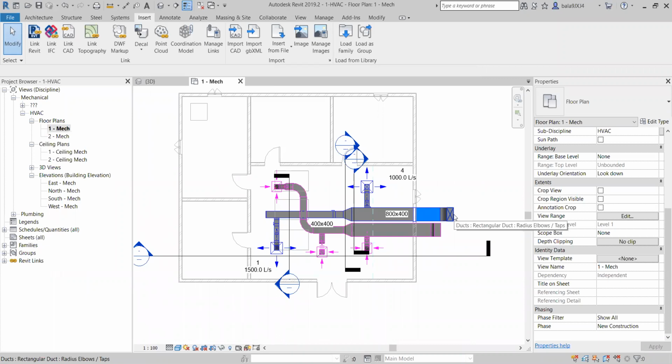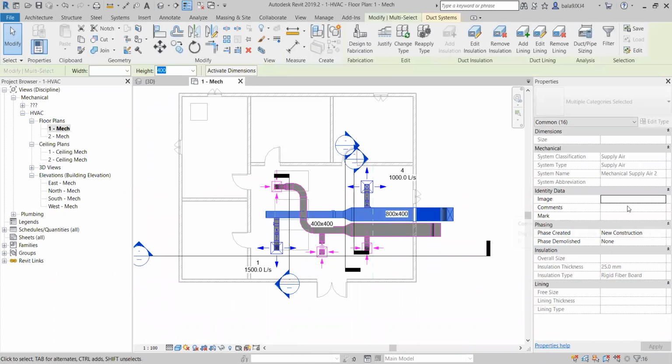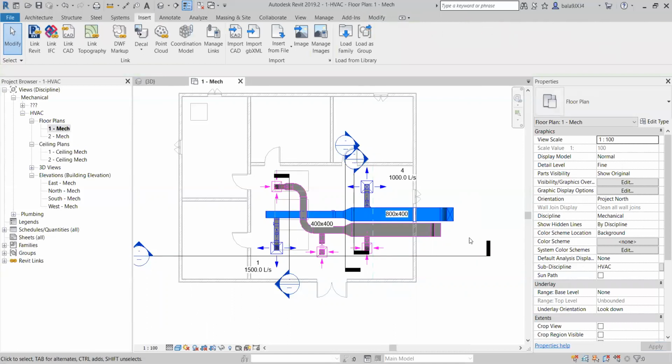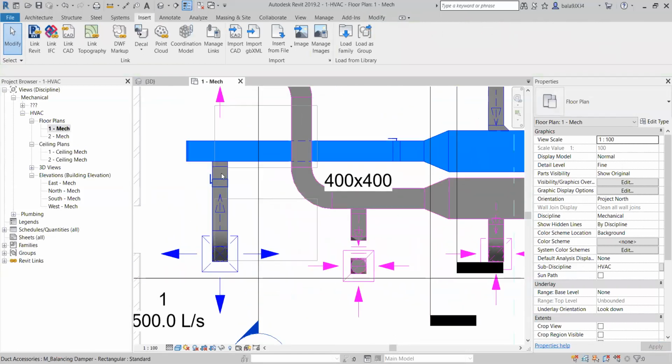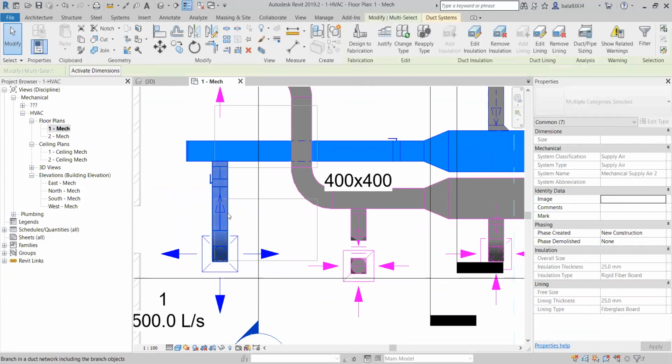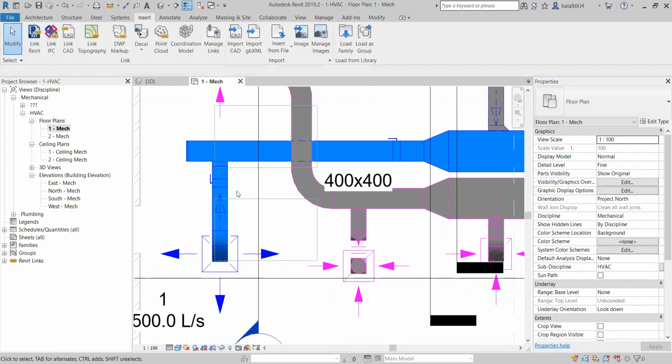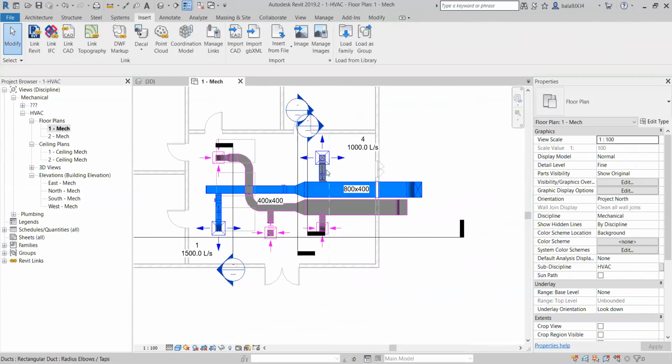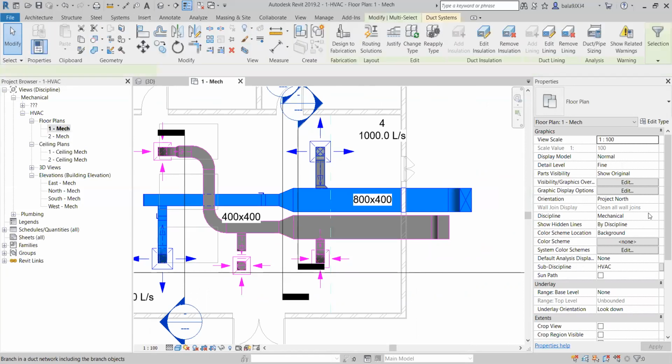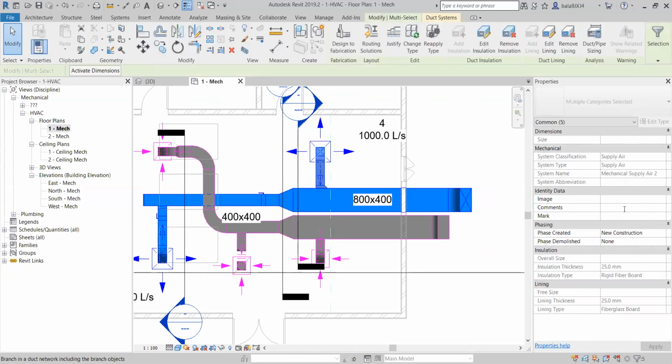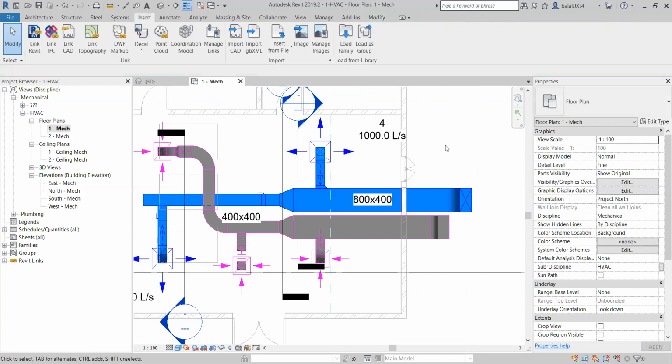Now I'm selecting the entire duct by using the Tab key. I'm going to the comment. Here I will use the same comment. Apply. See, now I got the color update. See, this duct is not selected. I'm going to select it by Tab and place the comment. For this duct, Tab, select, and give the comment. You have to practice this carefully.